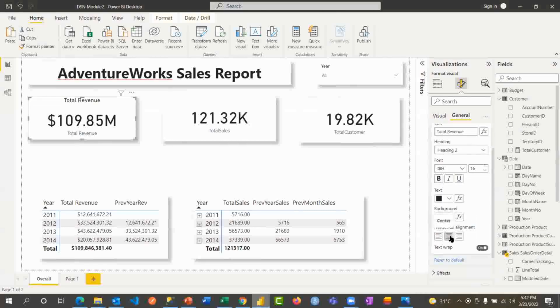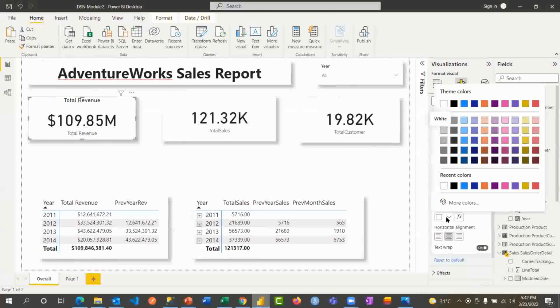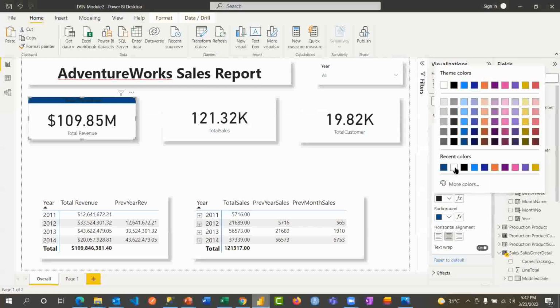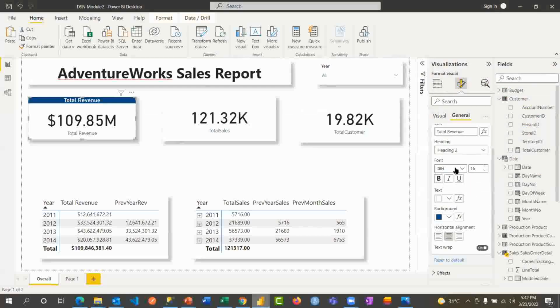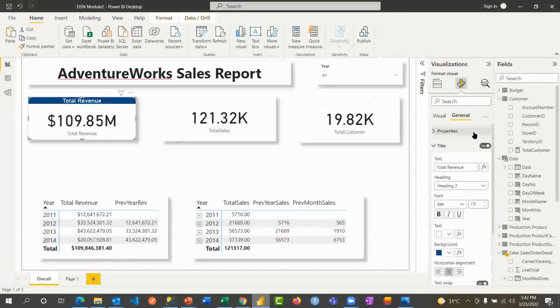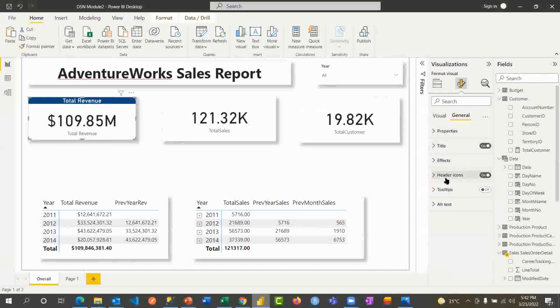Here you can centralize, and I can add a background color. I can choose a theme. Let's assume my background color is this thick one. I need this, and put the text font color as white. That way it's going to come out. And I might want to increase this to 18. Okay, cool. Now I don't need total revenue under it. Again, I don't need it under it. So to remove that, I just have to go to